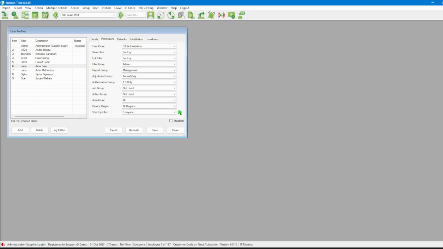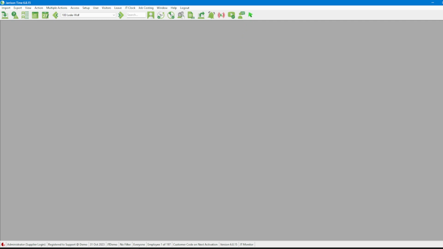All of the mentioned permissions have their own videos on how to create them. Please see the Creating Permissions playlist. Once we are done in this window and we are happy with the permission set, we can then click the Save button, close the window, and inform the user that they are now able to log in with their new permissions. We can then go on working with